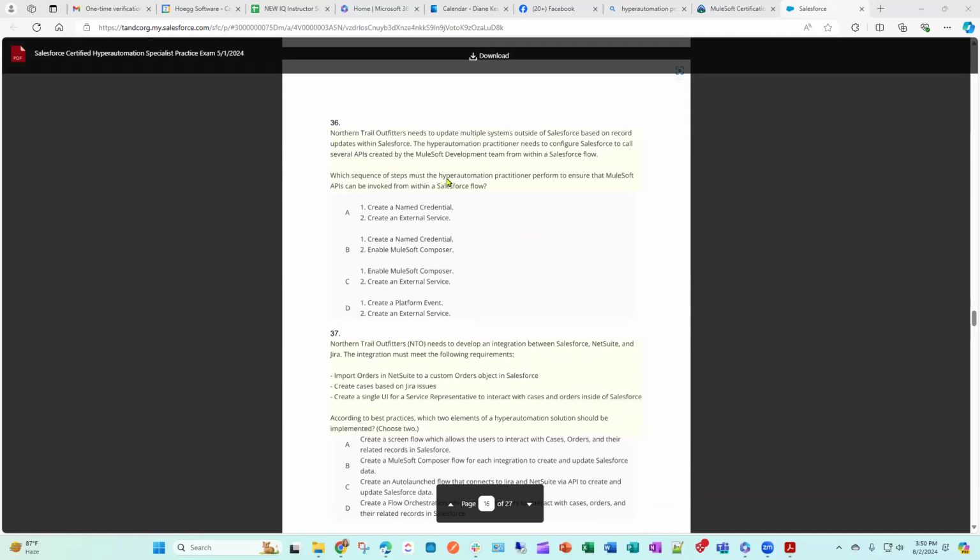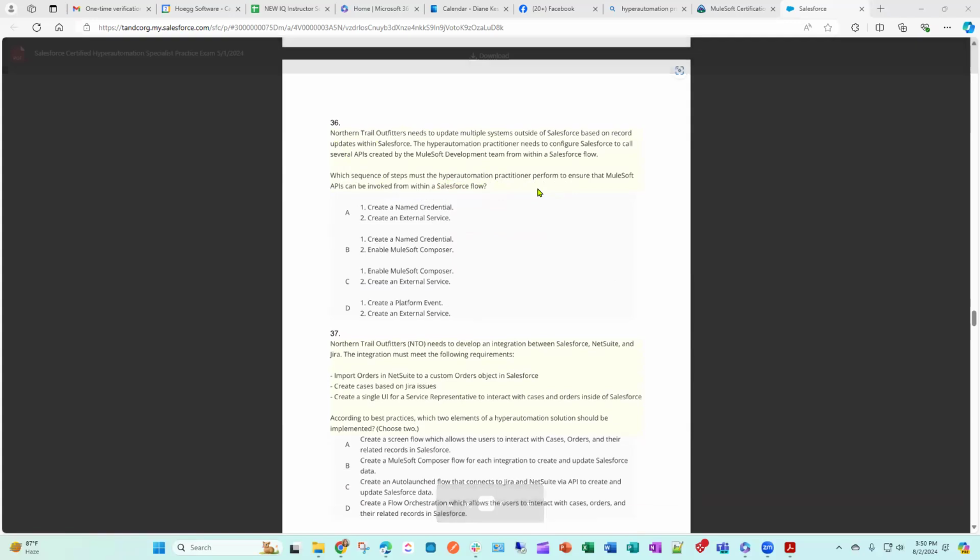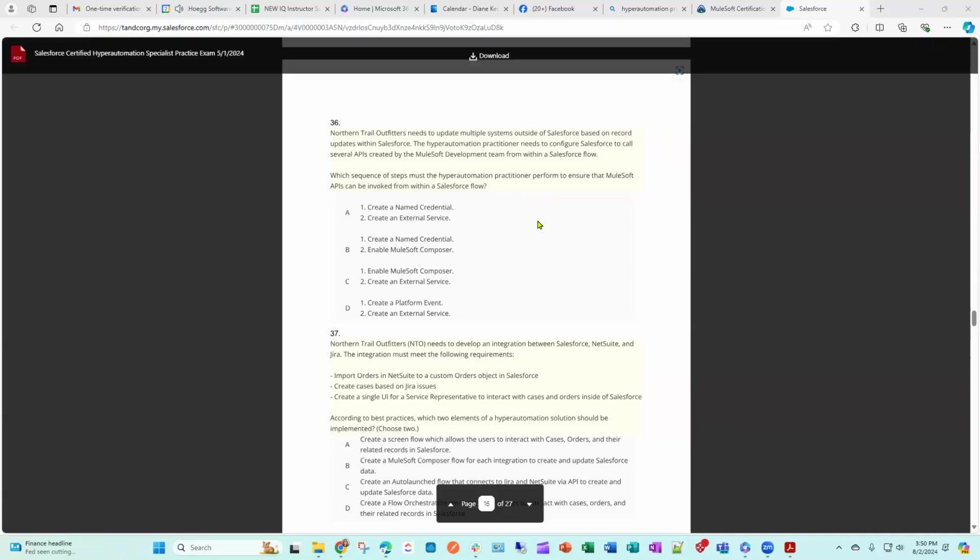Which sequence of steps must the hyperautomation practitioner perform to ensure that MuleSoft APIs can be invoked from within a Salesforce Flow? Okay, so this is in the piece of the integrations. And if you remember, whether you took the class or you're with me on a fast track or a study, we talk about the integration pieces between MuleSoft and Salesforce, right? Oh, there you go. So anyway,